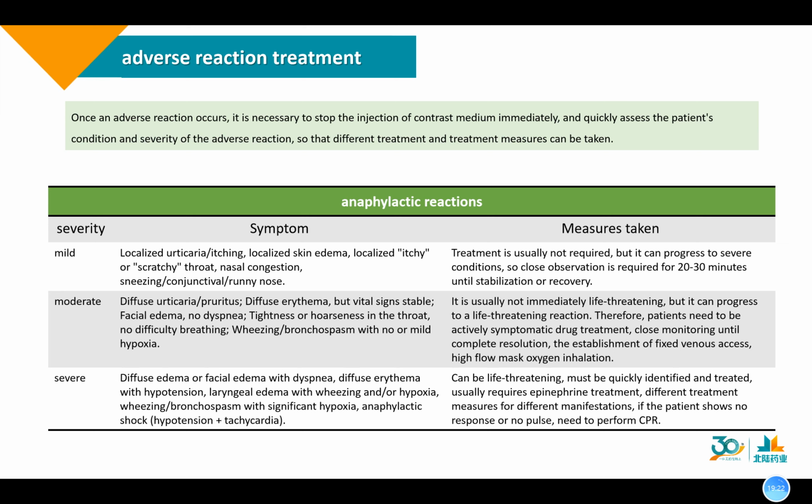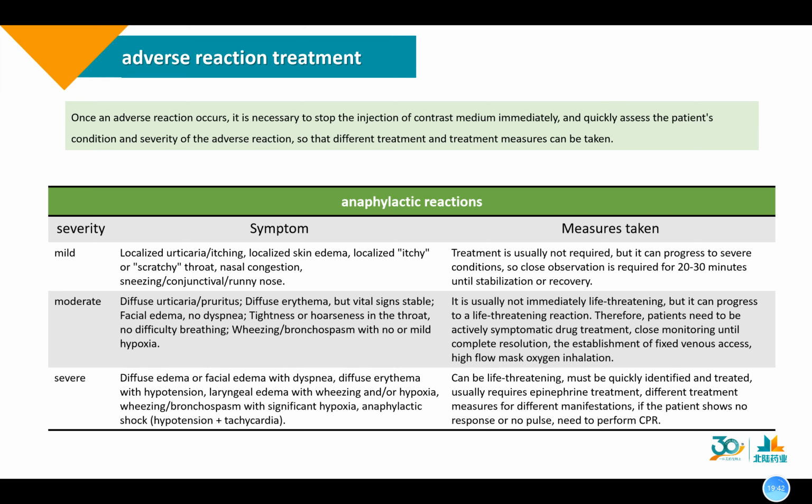The mild anaphylactic adverse reaction usually requires no treatment, but it can progress to severe conditions. So close observation is required for 20 or 30 minutes until